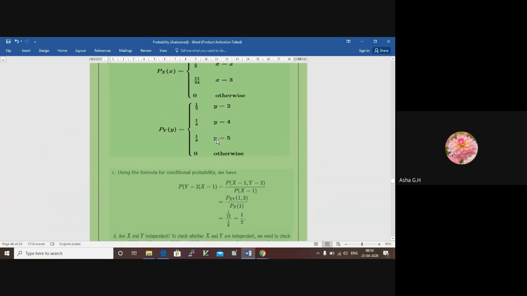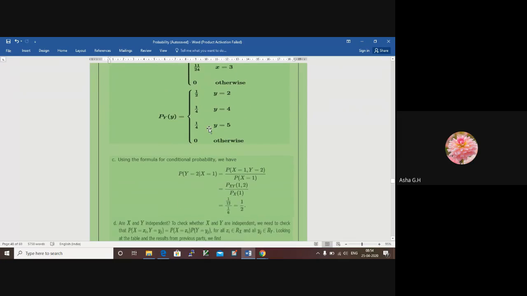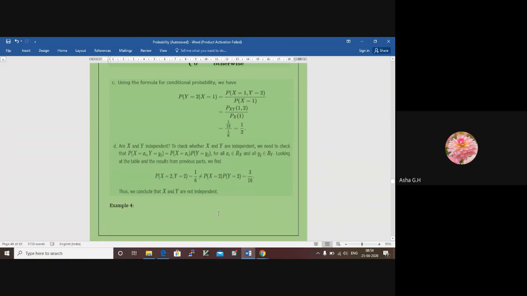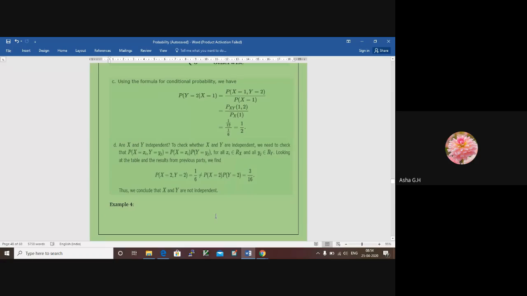You can just refer to that here. Probability that x is equal to 2 and y is equal to 2, then both are not equal in this case. If this condition is satisfied, then they are independent. If this condition is not satisfied, they are dependent. So this is a standard set of questions that will be asked on multiple random variables. Please try to make your own table, your own probabilities. You can take any event and try to solve the questions under these headings.